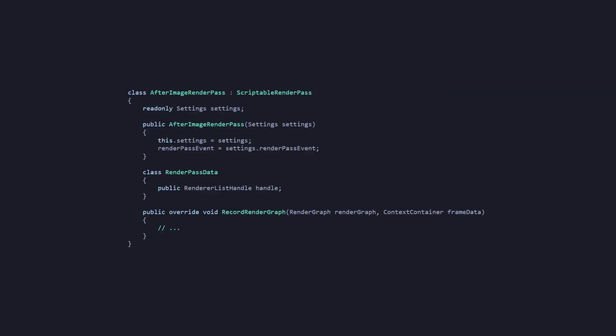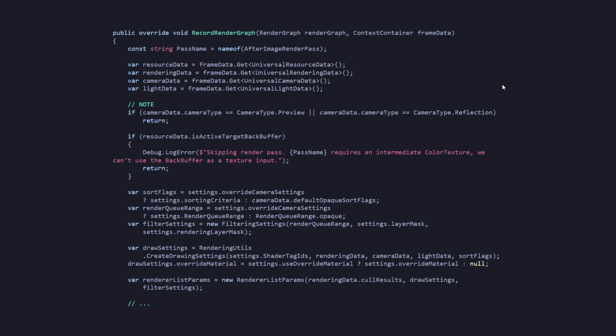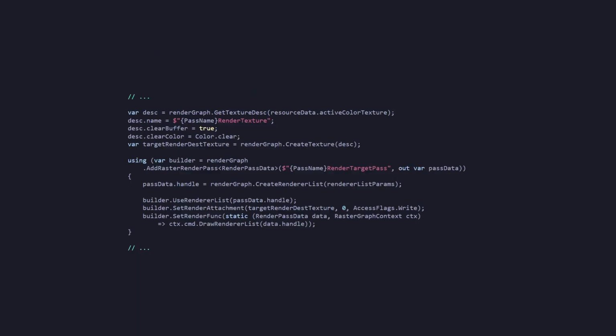Then our AfterImagePass is going to look the same as before. We have our settings. We are passing our settings here. We have our RenderPass event, so we're hooking it up. And then we have that, and the only major thing is the record render graph. So let's take a look. Our record render graph function looks exactly the same. We're doing the same things as before,